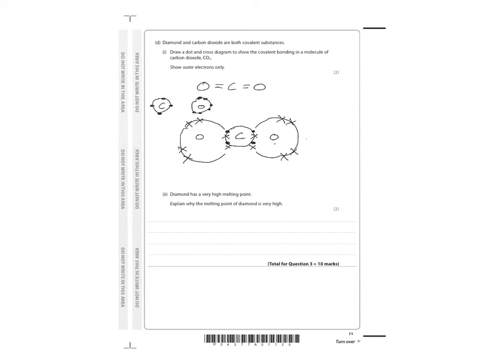The next one, diamond has a very high melting point. Explain why the melting point of diamond is very high. Well, every bond between carbon atoms is a covalent bond in diamond, and covalent bonds are strong and they require a large amount of heat energy to break or overcome. So in diamond,